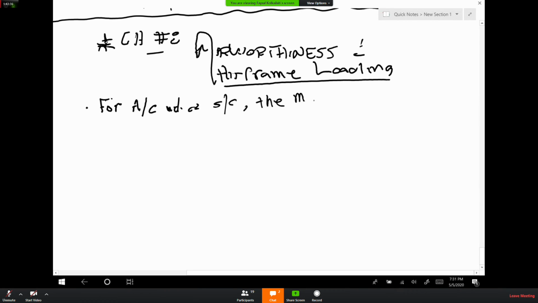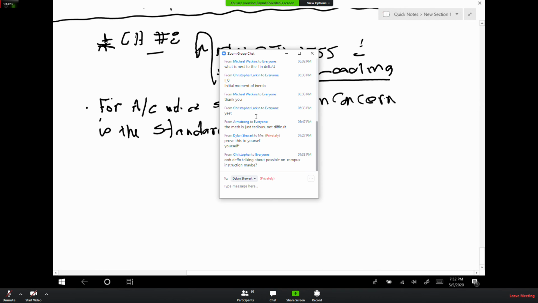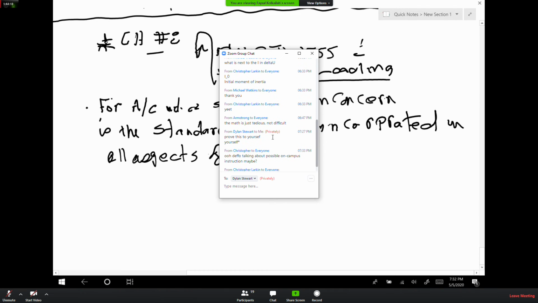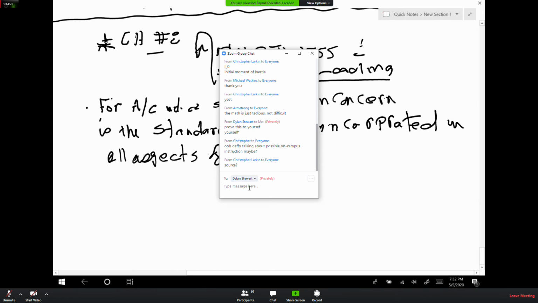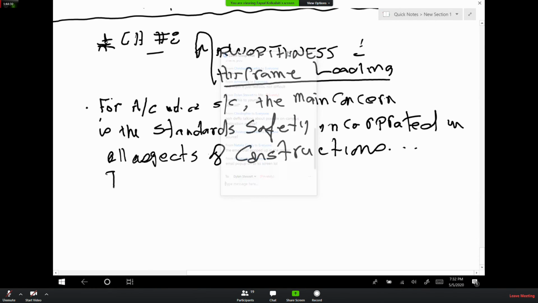The main concern in the airworthiness is the standard of safety incorporated in all aspects of construction. And that includes